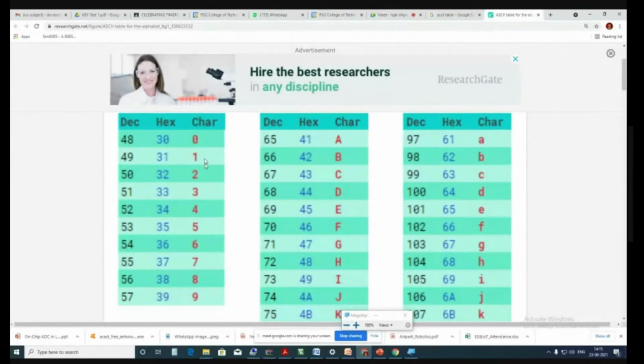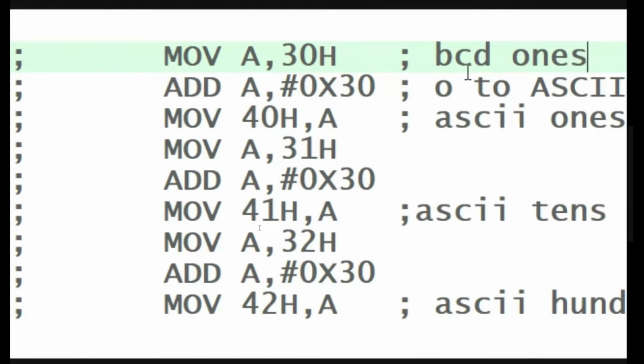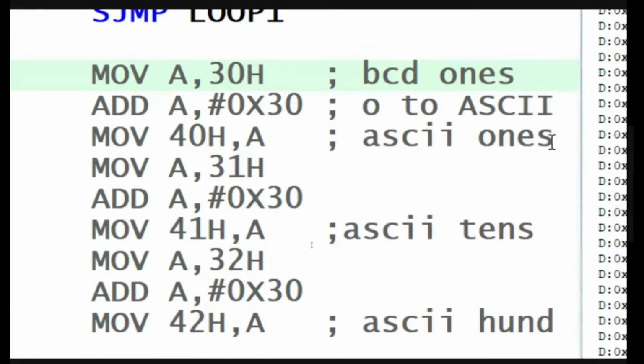Now we are about to do the second code conversion by adding 30. That means BCD to ASCII code conversion. So this is BCD. Adding 30 will convert BCD ones to ASCII ones. And the content of the 31st memory location is BCD tens.